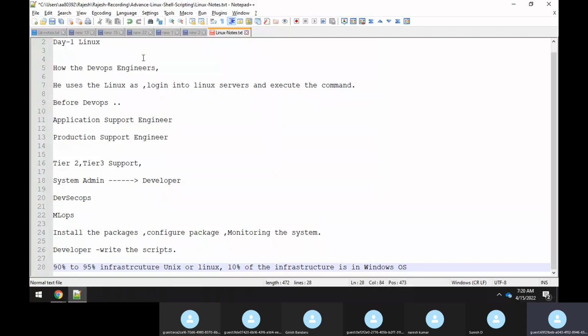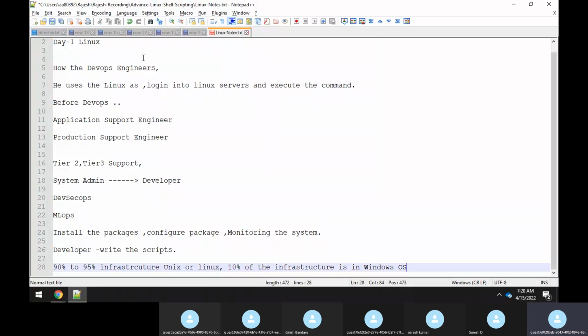That too, we need for some services, for example TIBCO service, and also a few applications which we need for the GUI part. That's the reason we are deploying or running those applications on those machines. Otherwise, as I said, 95% is working on Linux. So I have to know Linux, being a DevOps engineer.